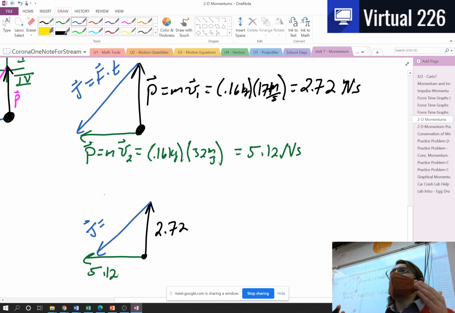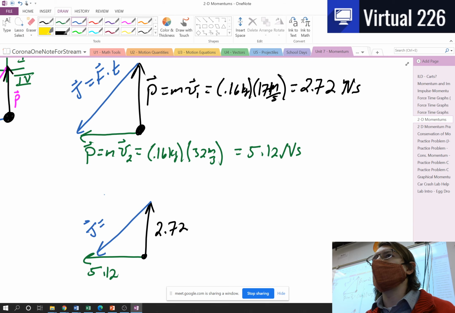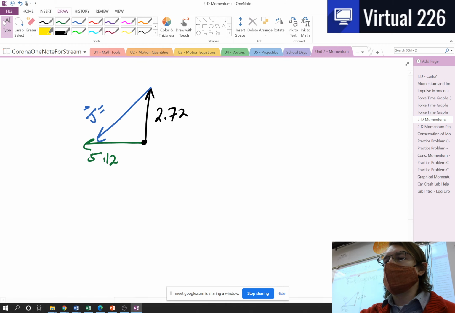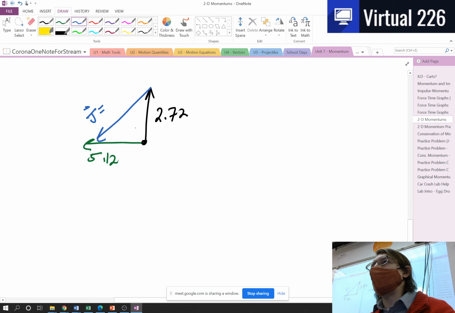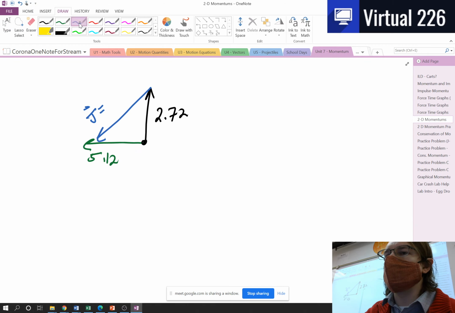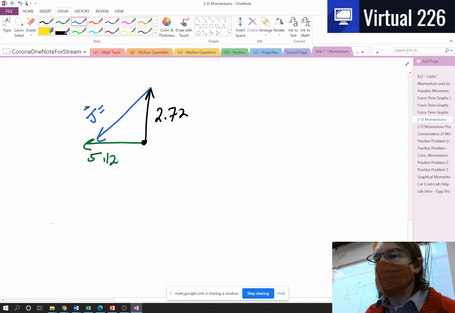What would that impulse be then on the hypotenuse? Well, we know the Pythagorean theorem. We know that our two legs squared and then added together will equal the square of the hypotenuse. So what we can say here is that due to the Pythagorean theorem, a squared plus b squared equals c squared,